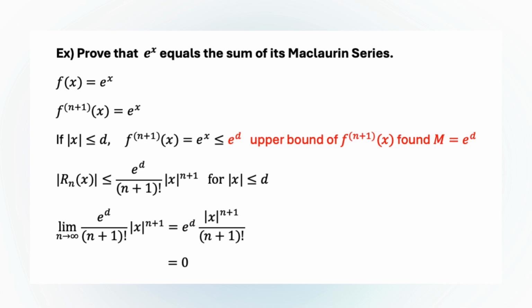All derivatives of this function are just e to the x, so the n plus 1th derivative is also e to the x. Now suppose the absolute value of x is less than or equal to some constant d. Then the maximum value of e to the x on that interval is e to the d. That gives us an upper bound M equals e to the d. So by Taylor's inequality, the absolute value of the remainder R sub n of x is less than or equal to e to the d over (n plus 1) factorial times the absolute value of x to the power of